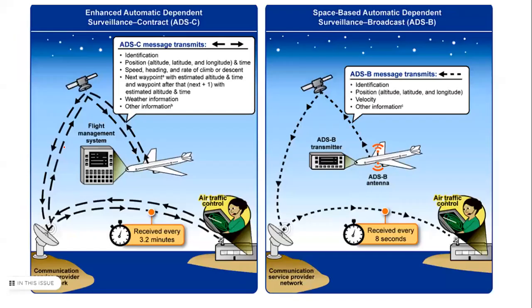You can see the difference between both of them, ADS-C and ADS-B. The same thing I've explained to you. Contract is basically restricted and the broadcast is for all of them. Contract could be used in your military aircraft or your private jets which don't want to communicate a lot, VVIP things. Those are the examples.